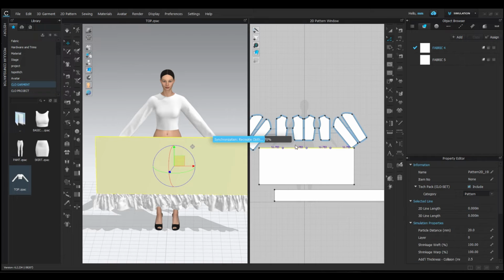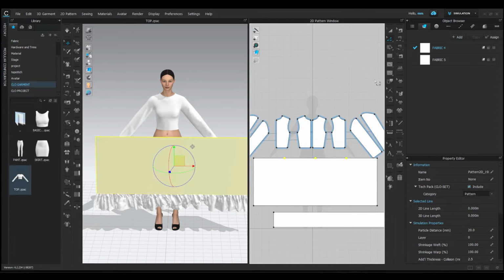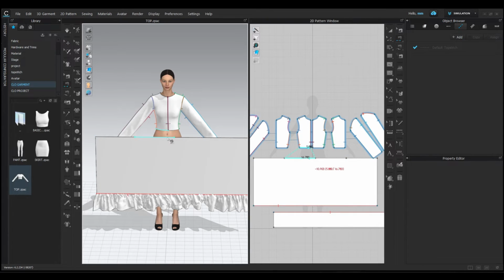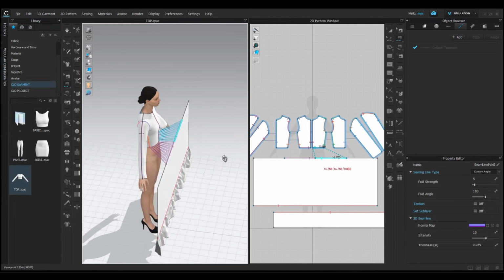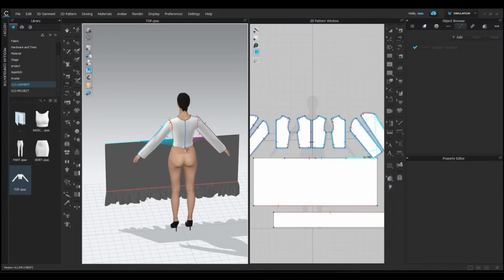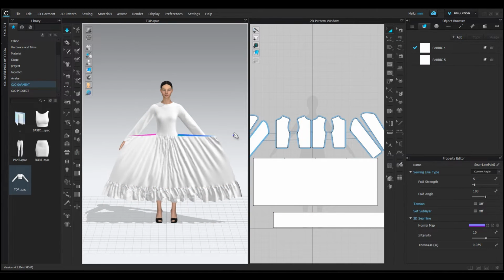Now, simply stitch the skirt to the top using the segment sewing tool. I recommend stitching in the 3D window for better accuracy. Once everything is stitched, press the spacebar to simulate.